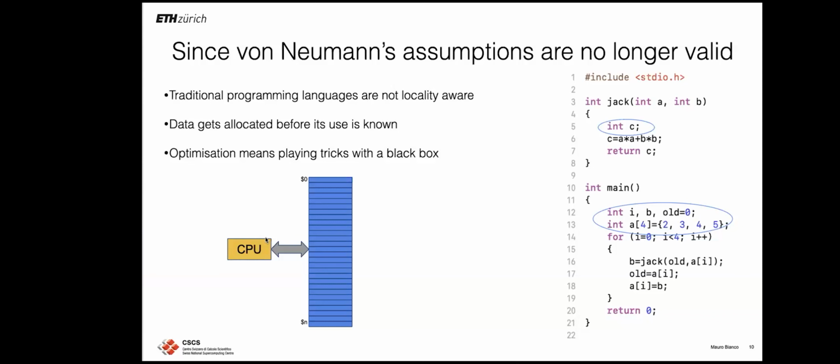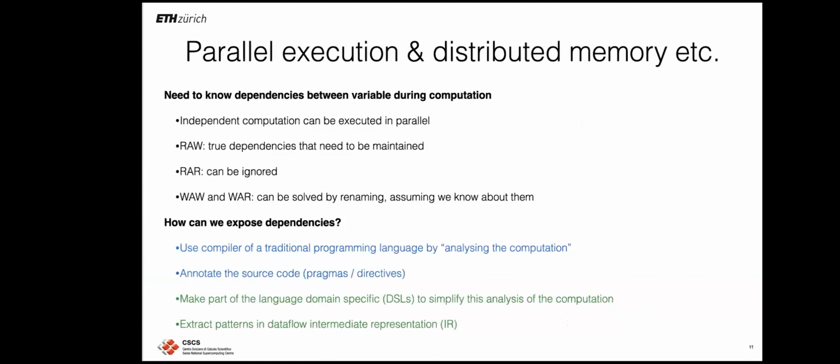You cannot ignore them. And so the languages that were based on the original von Neumann abstraction when they were developed, they are not aware of where things are in memory yet. In order to write optimal code, you have to know. And so data in the languages, like in this case, C++ or Fortran, variables get declared before they are used. However, to place them properly in memory, you need to know how they are used. And then things get even more complex when you have parallel execution and distributed memory.